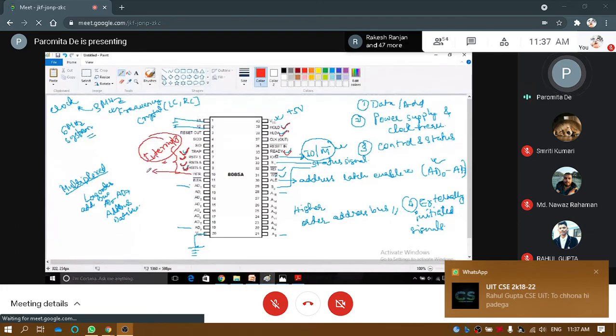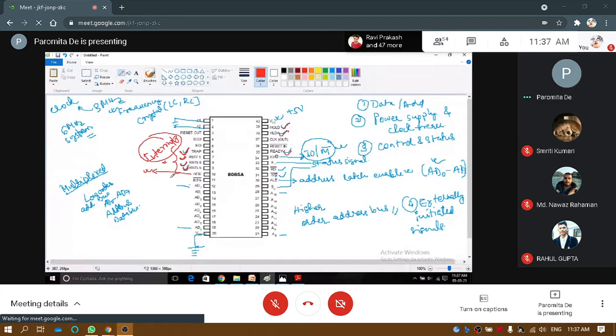There is one, this INTR. This is also an interrupt signal. But if it is interrupting with an interrupt, then it can be said, just hold on, I will finish what I'm doing and then I will listen to you. Then this is INTA, interrupt acknowledge. Once the external device is giving an interrupt request, then the microprocessor is saying, okay, interrupt acknowledged. I acknowledge that you have sent me an interrupt.